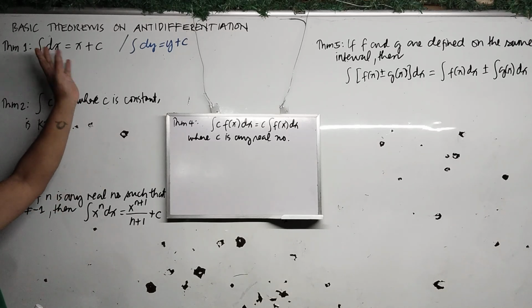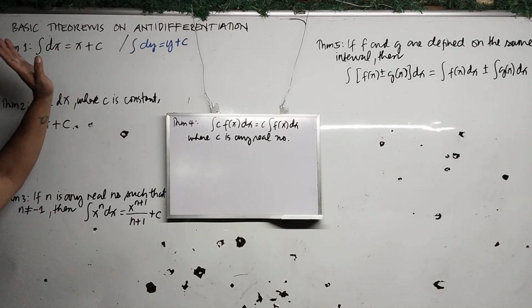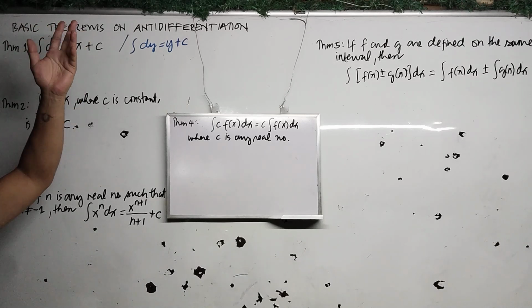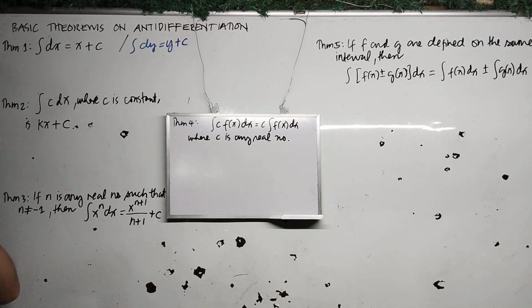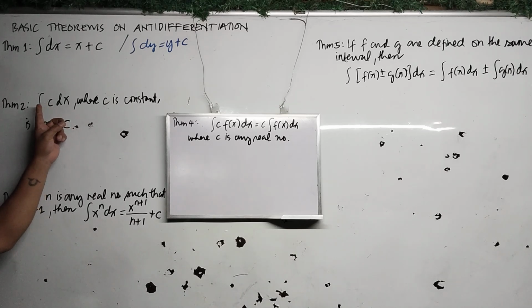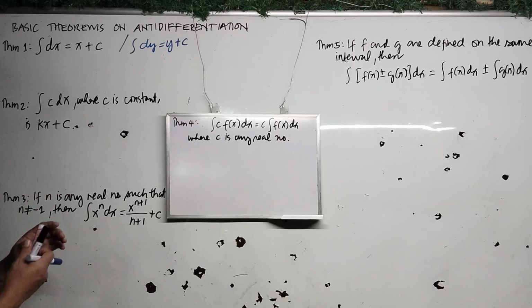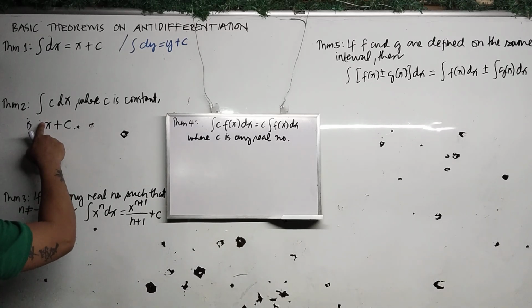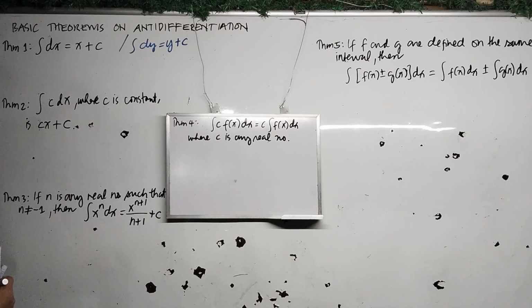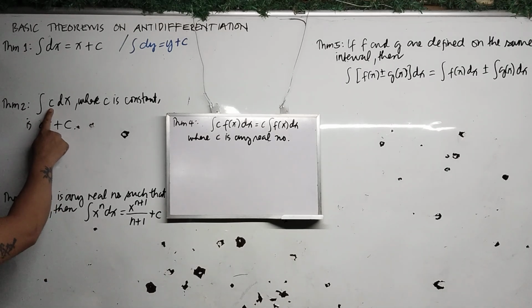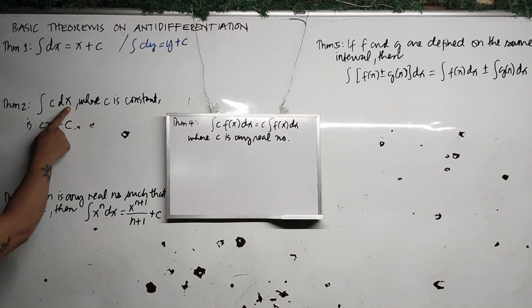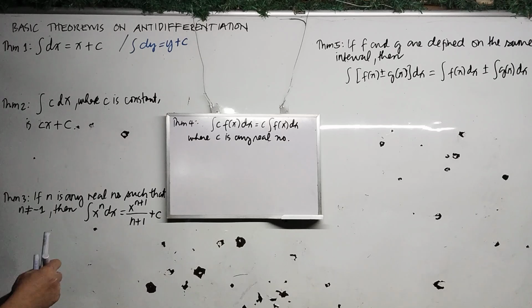Now, theorem number 2. Whatever letter we use in this kind of integration, we can have d of a, d of b, and so on. Any letters of the alphabet can be used. Theorem 2 states that the indefinite integral of c dx, where c is a constant, is given by cx plus c. You will just copy the constant, then attach the variable of integration. For example,